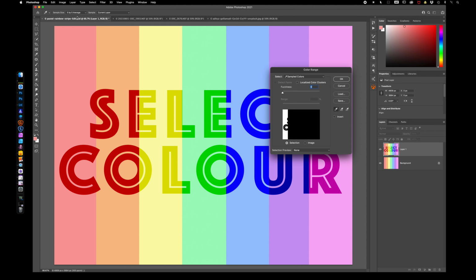Well, it's worth checking this, your sample size. If you were on point sample and you clicked, you don't really know what colour's underneath there. There could be a rogue black or slightly different coloured pixel, and that will make a wrong selection. So it's always worth on things like this having 5 by 5 or even 11 by 11. So 25 pixels roundabout where the end of my eyedropper is are sampled to produce the colour, and that colour